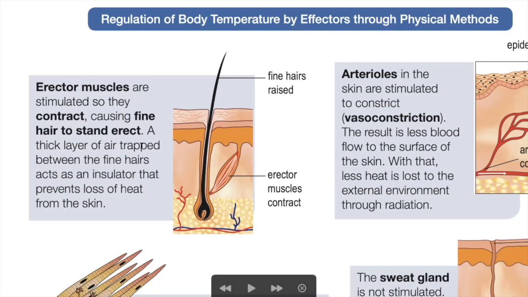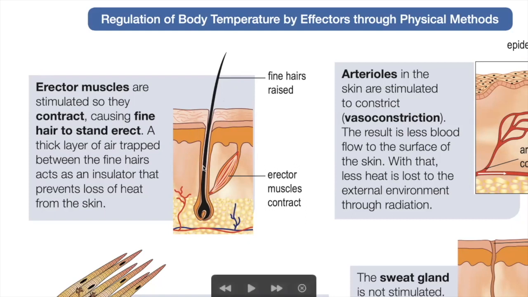So this will create a thick layer of air. Okay, so bila bulu roma tu menegak, dia akan trap air dekat sini. It will trap air. So what will happen is that this will prevent the heat loss from the skin, because we know